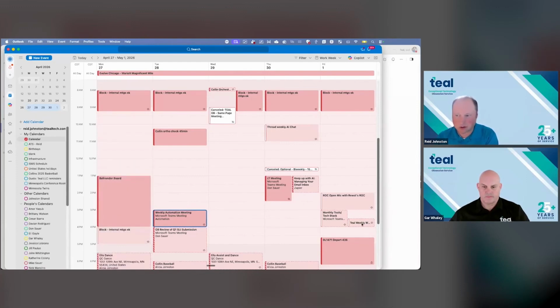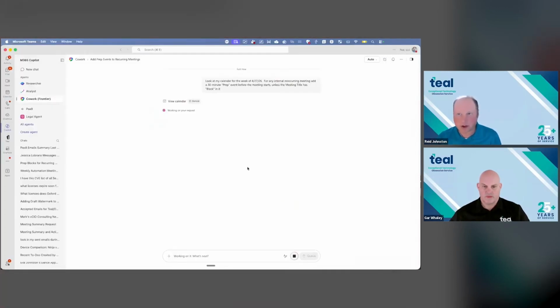We've got our Teal weekly check-in and a tools and stack meeting. So I've got a few different internal weekly or recurring meetings, basically. And if I go back here, Cowork is now working on that. So it's viewing my calendar first, and it's going to kind of iterate through. So we should let it do its thing here, and we can talk about some other stuff, because this will